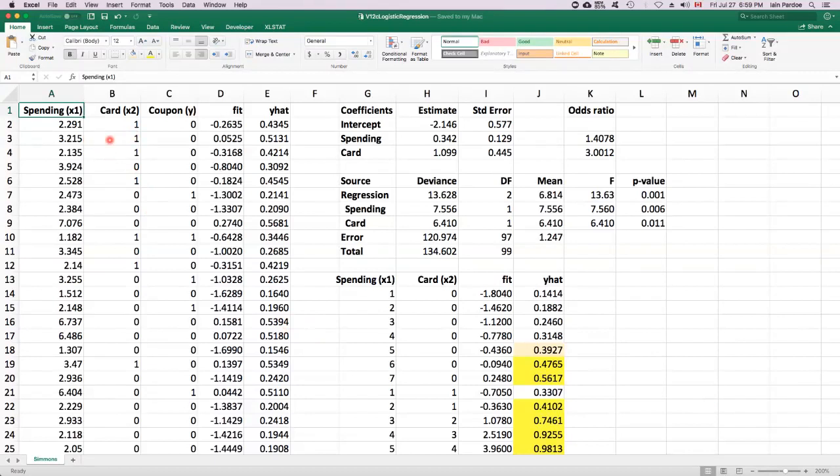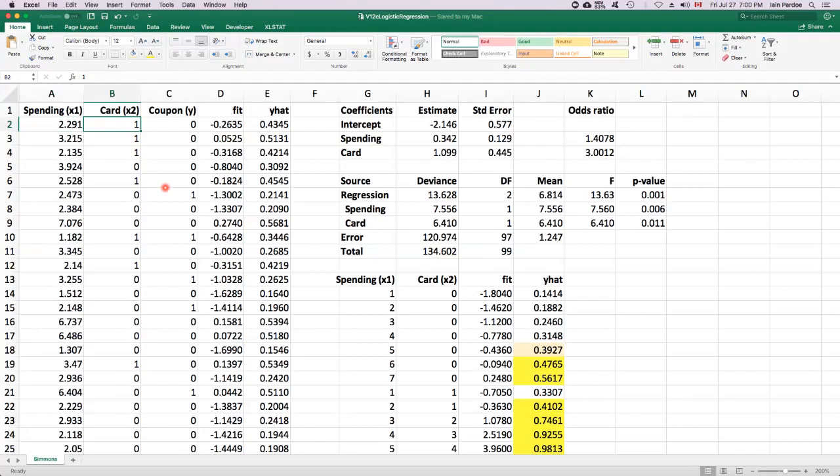The department store has surveyed 100 of its customers, and this variable x1 measures their annual spending in thousands of dollars. And then this indicator variable, x2, indicates whether they have a credit card for the actual department store, a department